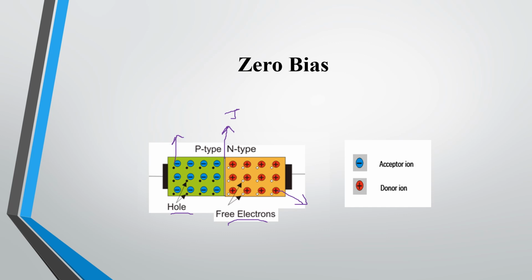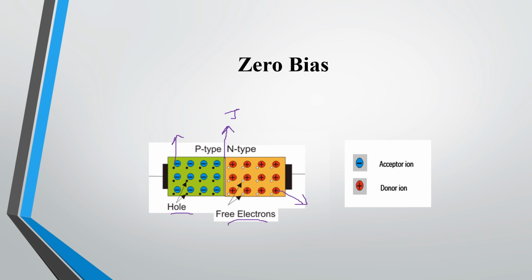So what happens when a p-type and n-type are sandwiched? What happens is, on the p side we have a majority of holes and on the n side we have a majority of electrons. Okay. When they are sandwiched, there occurs a concentration gradient. What is the concentration gradient? Concentration gradient is a difference in the concentration of charge carriers. Charge carriers here I am representing as holes and electrons. Difference in the charge carrier concentration represents the concentration gradient.